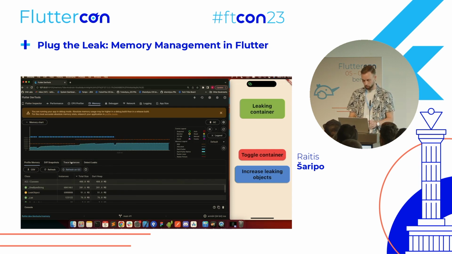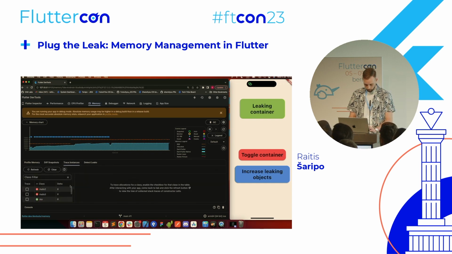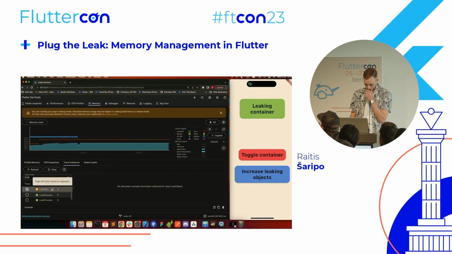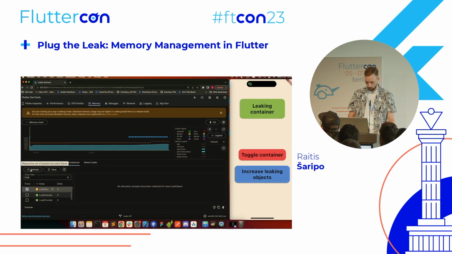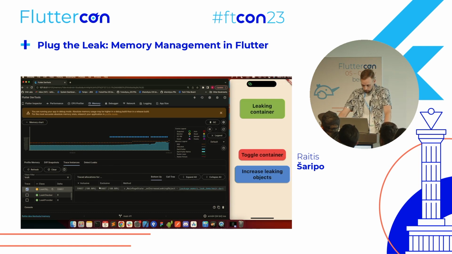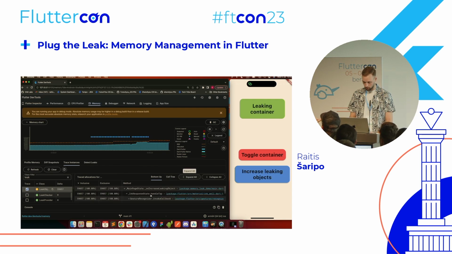With this information, we can go to the Trace Instances tab, and then we can filter it. LeakObject. We can check the checkbox, say that we want to trace it and select it. We also need to generate some samples so something can be collected. And if we refresh it, we should be able to see something. Yes, exactly. So this is a call tree. This is from the bottom up. You could also expand it